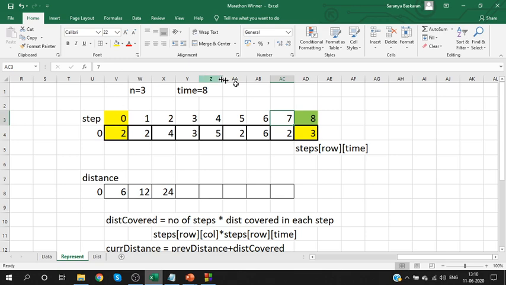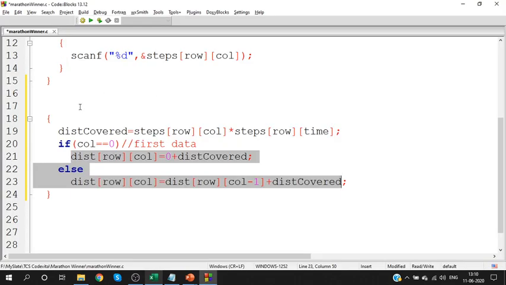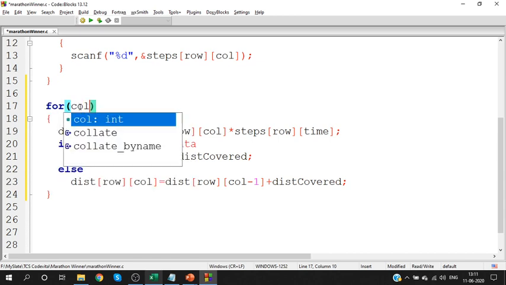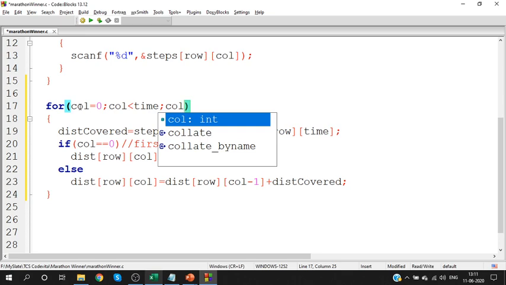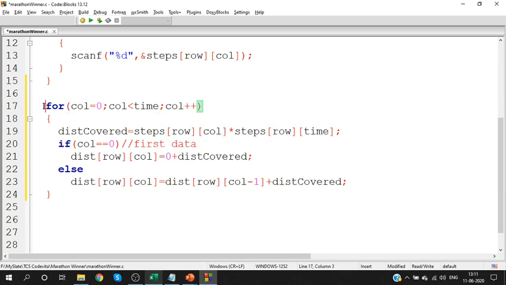Starting from 0th column till, if this is time minus 1. Yes, this is nothing but time minus 1. So starting from 0th column till time minus 1 column, work for all the columns. So this should be repeated for all the columns. 0 till less than time or time minus 1. Work for all the columns.